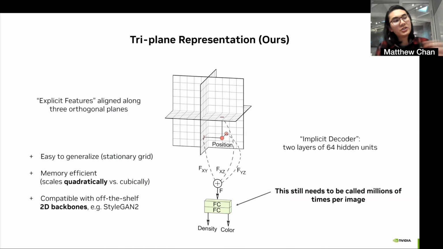So our chosen hybrid representation consists of 3 axial-aligned feature planes, which contain spatially varying information, hence why we call it a triplane representation.